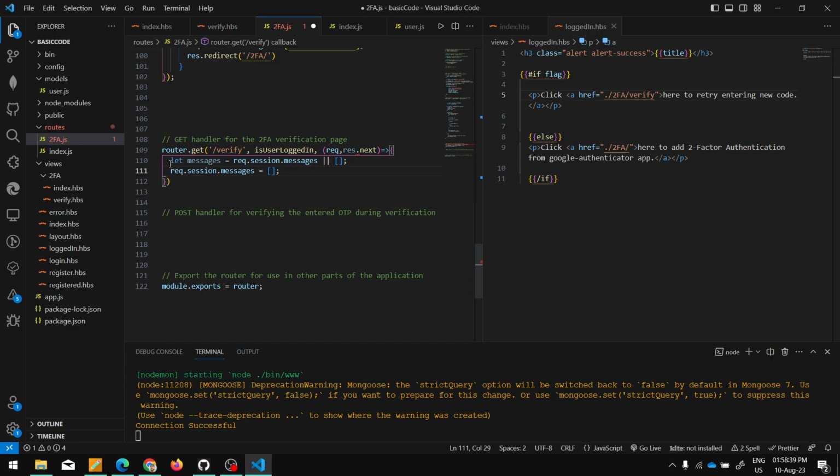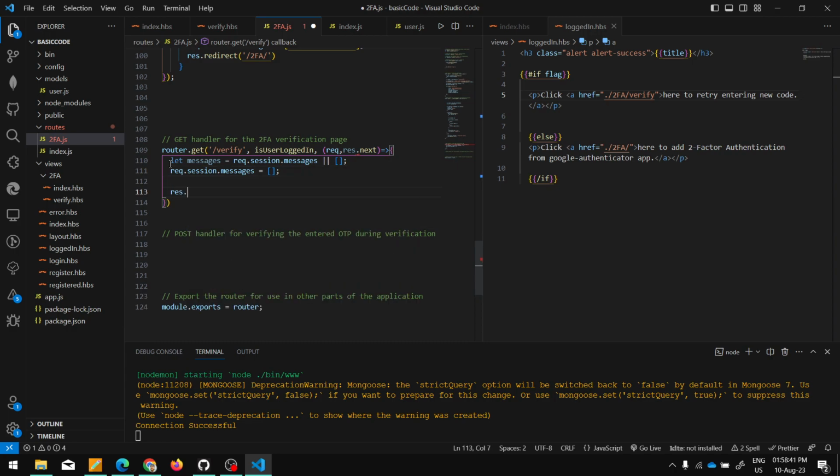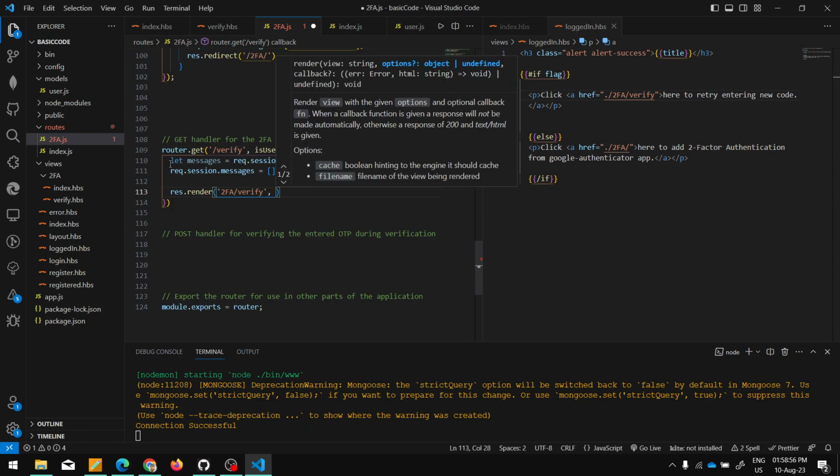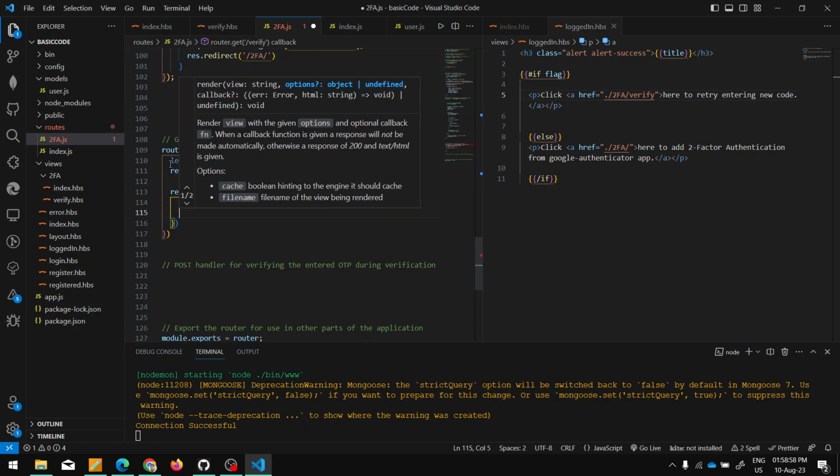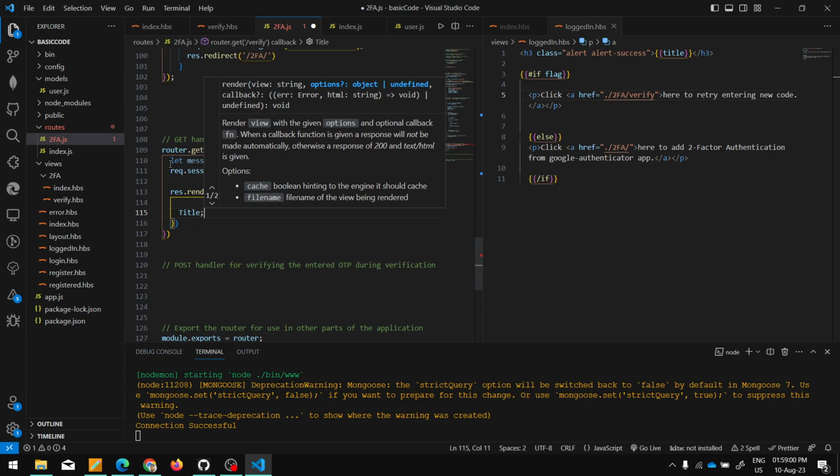Then I will render the page, response.render, verify, then title, setting the title